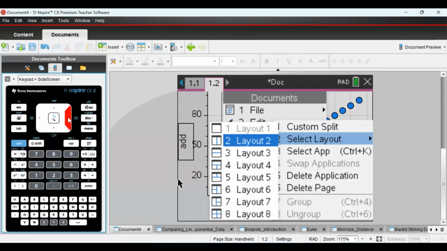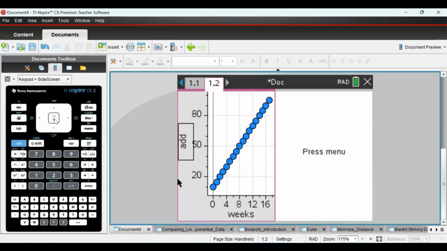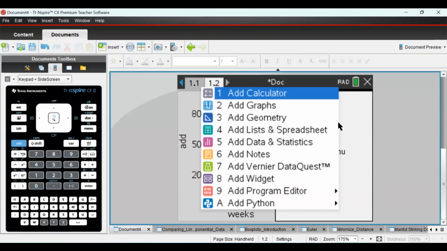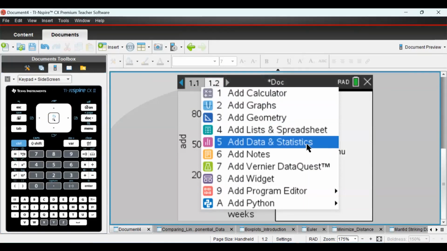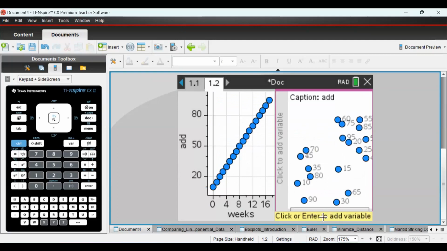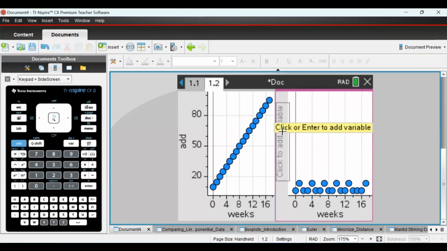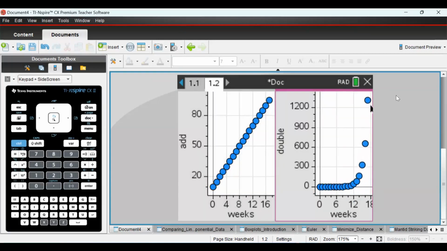So we're going to choose layout 2, which is the vertical layout. And notice that we need to click on this side. Right now, the left side is active. So if I click on the right side and choose add data and statistics again, we can graph our weeks again as independent variable. Click over on the vertical side and choose the doubling data. And clearly what we want students to see, that rapid growth with our exponential relationship, the constant growth with our